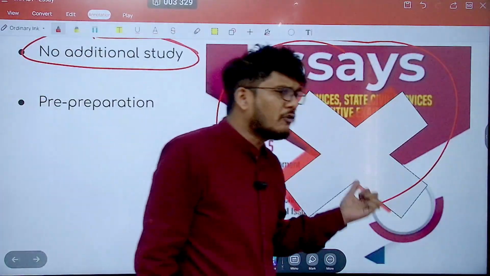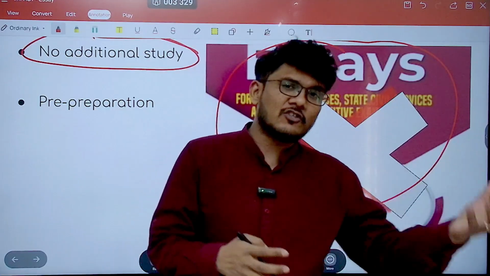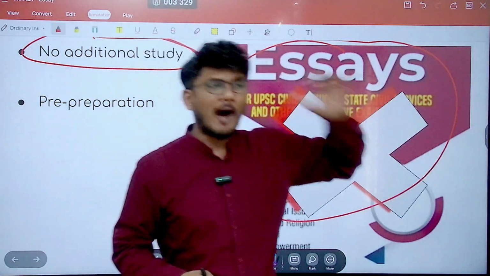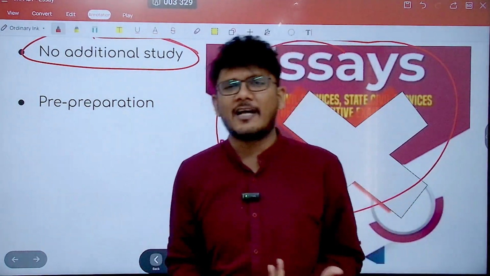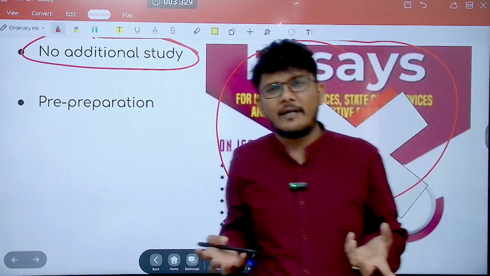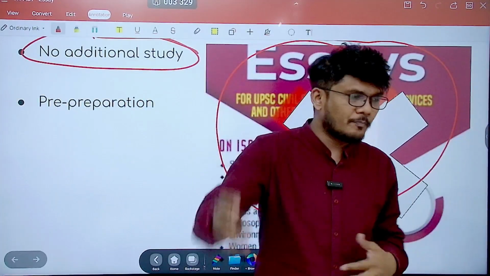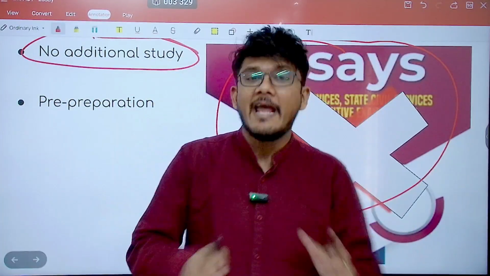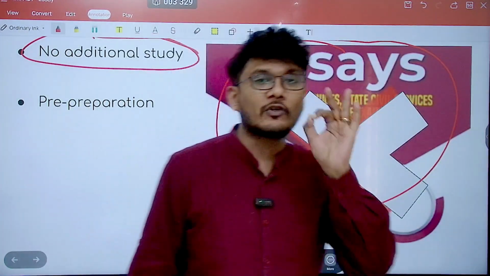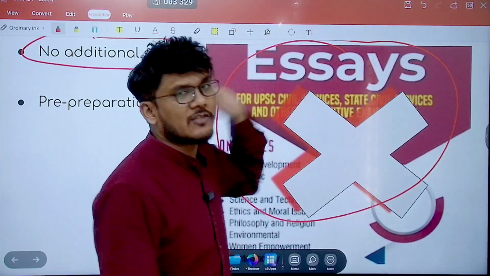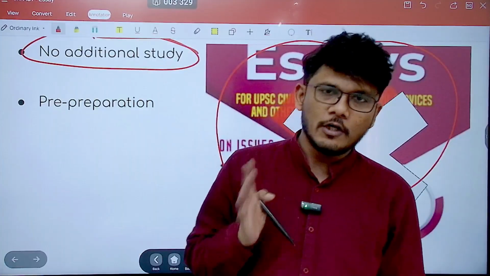The essays in such books are generally unidimensional. They cater only to one dimension. Multiple dimensions are completely neglected. The different parts of the essays are neglected. There are no flip sides. There are no multiple perspectives shown. The examples are not there, and so on and so forth. The paragraphs are too big. The bifurcation, the structure, the coherence, everything is a mess in a book like this. You are supposed to write the essay way better than what is written over here. Be absolutely clear and worry not. We will be helping you to do that.